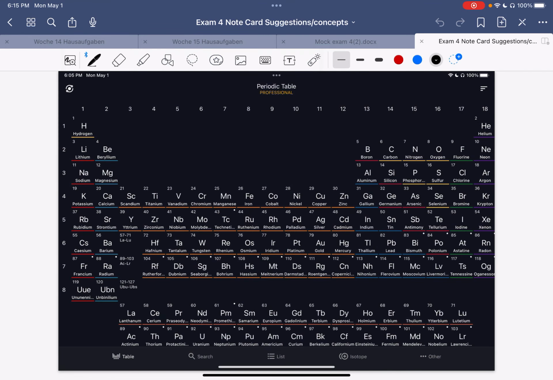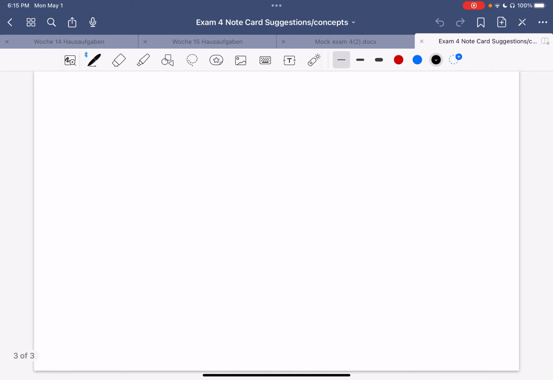Okay, so this is just going to be a short review over concepts and probably some helpful things to put on your note card for your exam on Wednesday. All right, so I think one of the first things we did after exam three was look at orbitals and their shapes and everything like that. So in terms of orbitals,